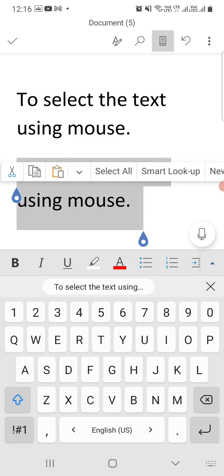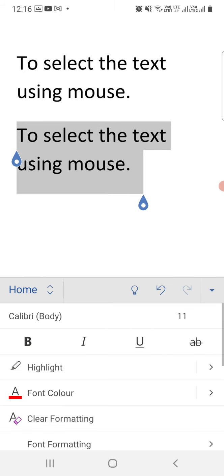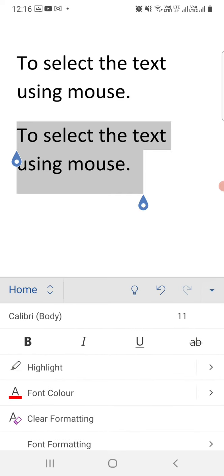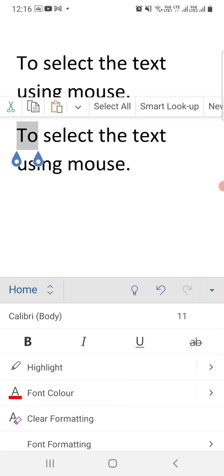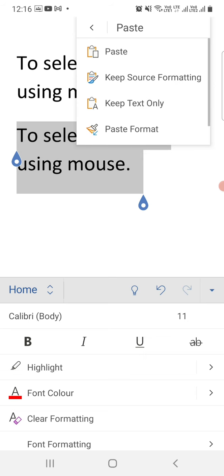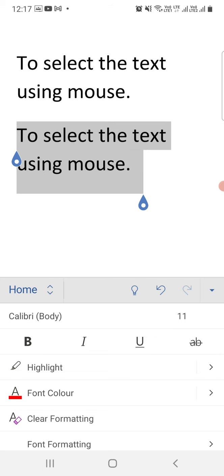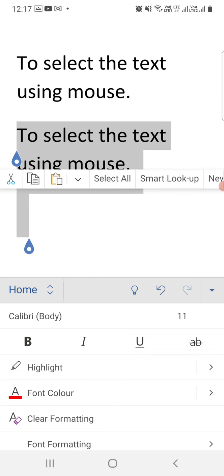Now I want to delete the text, so just click on that selected text option, select the text, and I want to use the cut option, sorry, copy option, cut option.